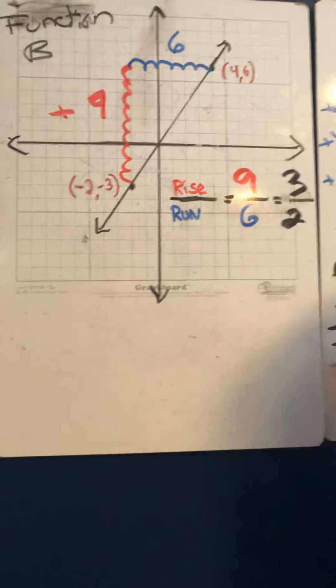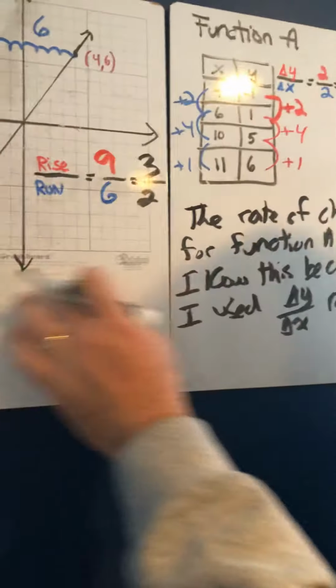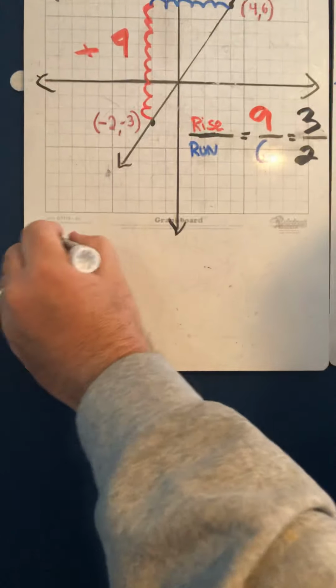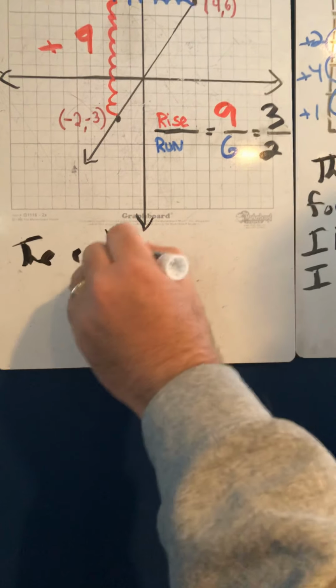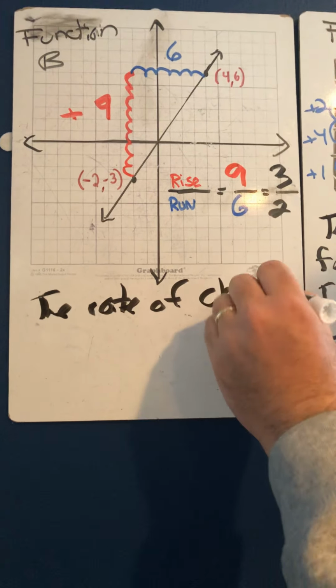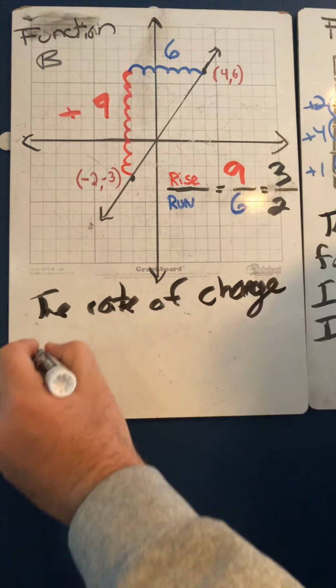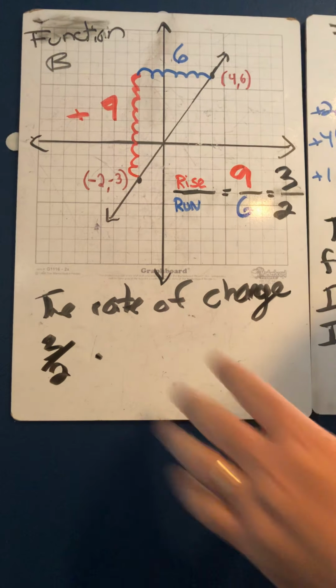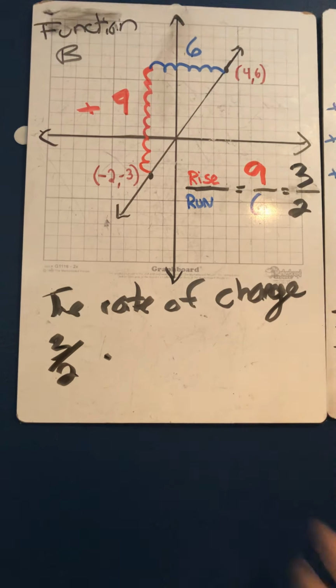So once again, I'm going to do something like I did over here in function A. 2 complete sentences explaining my work. And we know that the rate of change for this function is 3/2. Same as the slope. Okay, I'd also add a sentence explaining what I did. And then finally,